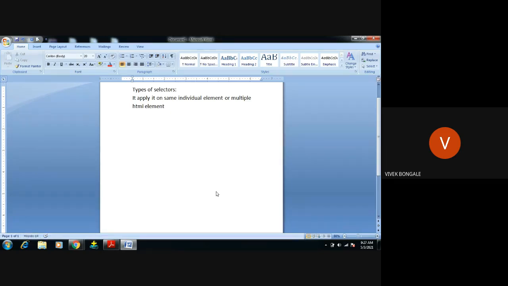Okay, to do this task, the same thing, we want to apply it on one particular element or on other multiple HTML elements, the same property. To do that task, we need types of selectors.